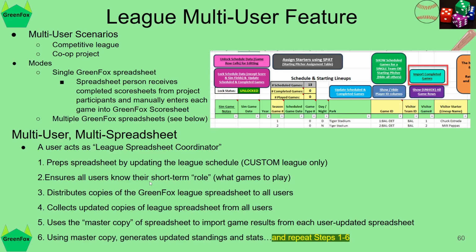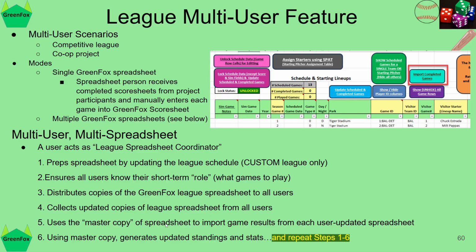And then that leader would make sure that everybody knows what games they're supposed to play and what time frame, which is kind of standard for these kinds of projects. And then the single copy of the GreenFox spreadsheet would be distributed to all the users so that they all have the same copy, and they would use it to play their games. So they would each play different games though. After each participant records their games within the spreadsheet, they would then send their updated copy back to the league coordinator,